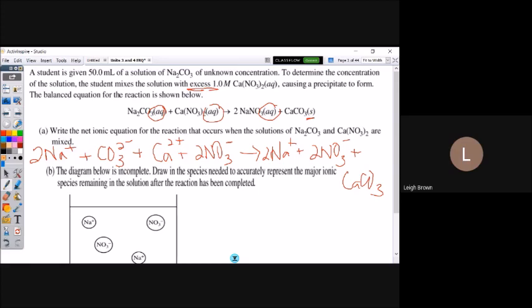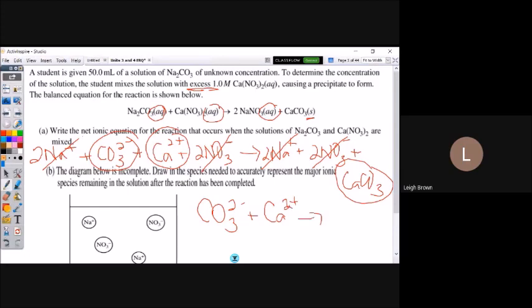Well, it's everything that's not staying dissolved. So I'm going to mark out my spectator ions, the different ions that are staying dissolved, and whatever I have left, you can circle it if you want. I would not want to leave it like this on the AP exam. I would want to rewrite it as my own answer, and only include the ions that are making the precipitate.